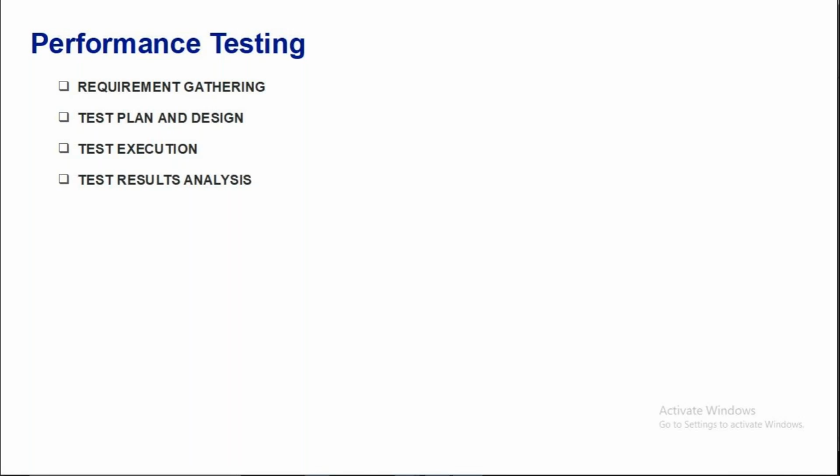Next phase, test results analysis. Now you have done the execution. From that execution, you will get the test results. Now there is some objective, right? We are doing the test execution to verify the NFRs. Now, how can we verify whether the NFRs have been met or not? We have to analyze the test results and then come up with our observations. Clear all of you? Then only we'll come to know whether our tests have met the NFRs or not. So that is why the test result analysis is very important.